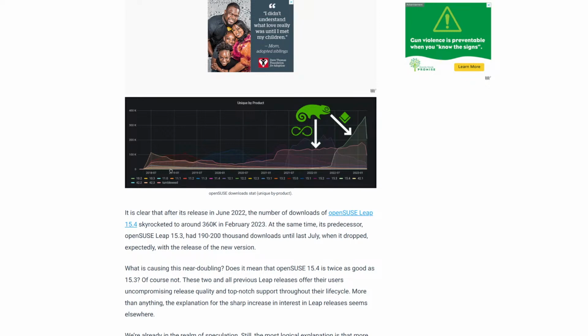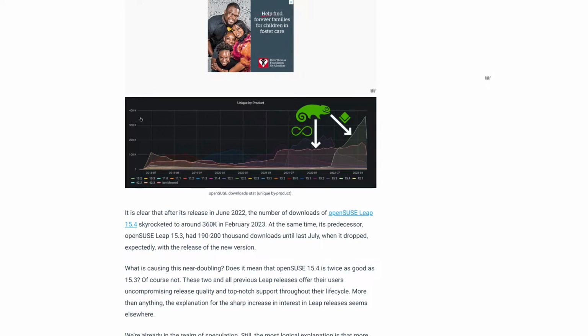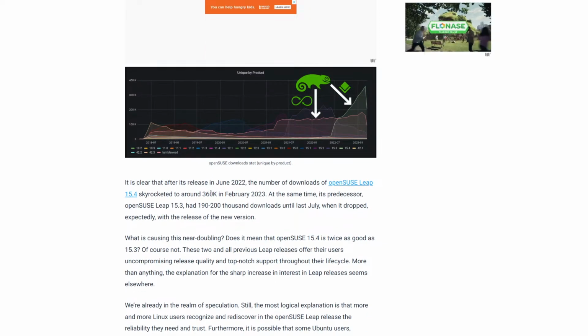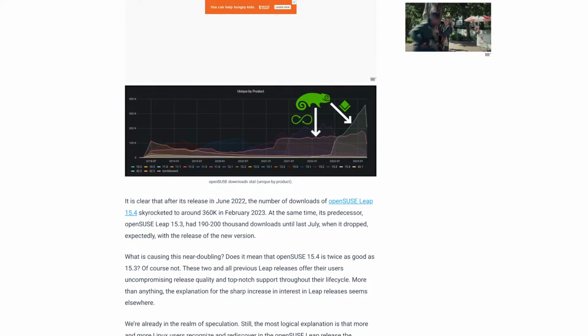That's the reason for the new Ubuntu Flatpak Remix's existence. In June 2022, the number of downloads of OpenSUSE Leap skyrocketed to around 360K, and it stayed consistent all the way up until last month too.